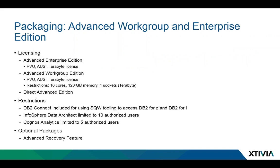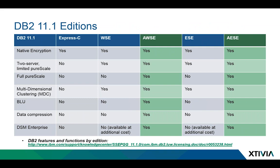Okay, so the Advanced Workgroup and Enterprise Edition are the ones that include all the extra features in DB2 11. There's only really one optional package in addition to these two: the Advanced Recovery feature, which is really the only thing that's broken out. There's not a lot of different features that are broken out this time. So if we're thinking about which DB2 11.1 edition you might want from a feature perspective, this is a useful